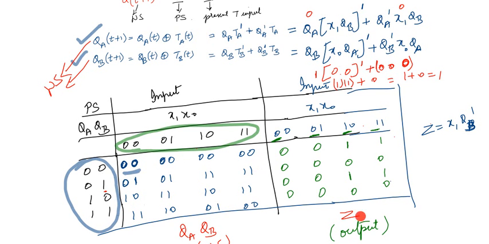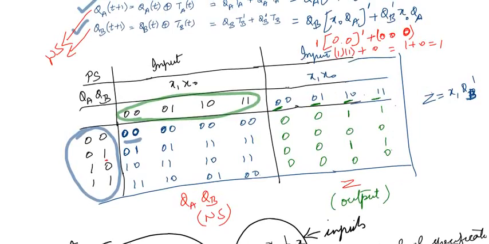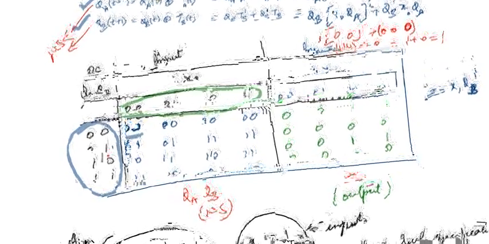Similarly, we are going for the output. Output is equal to x1 times QB'. So this is your x1, we have x1 and x0 values. This is your QA, QB values. So take the required values. QB means you have to take this. Okay, x1 means you have to take the first bit. 0, 0, here it is 1, here it is 1. You make it, you will fill this. Okay, you got this. So this is the state table, right?